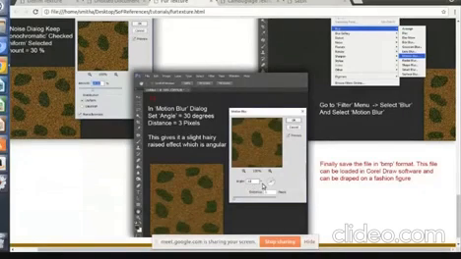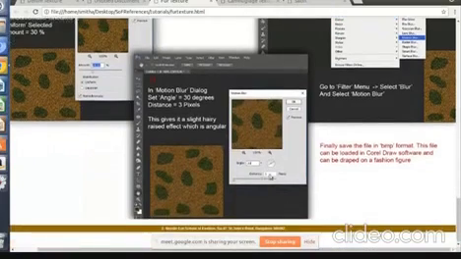The hair will look angular instead of lying horizontal or vertical like this. 30 to 45 degrees you can give as the direction, and for distance you can select 3 to 4 pixels. Click on OK.